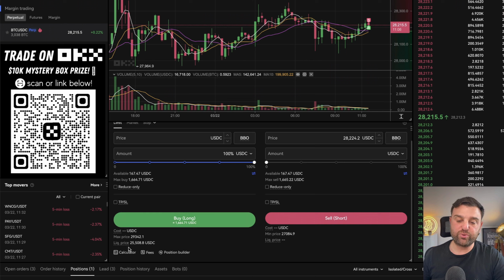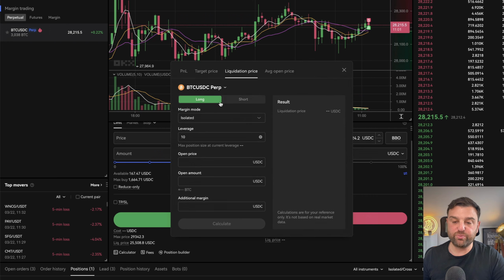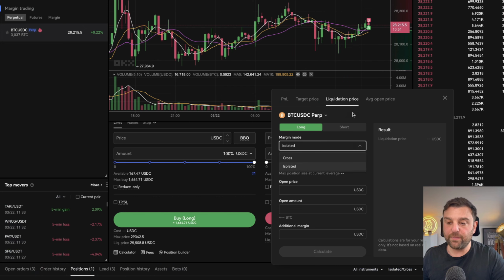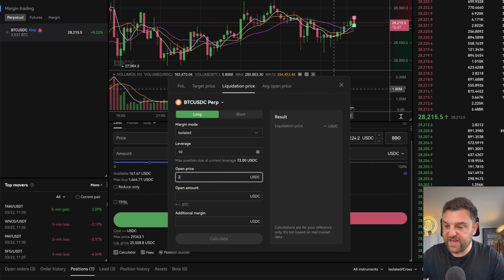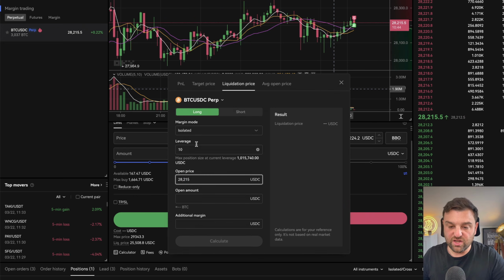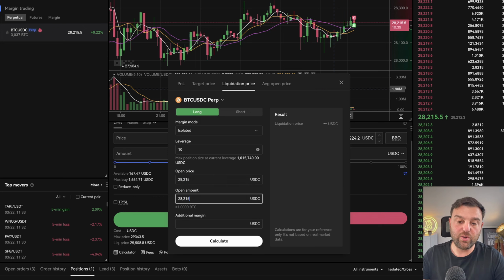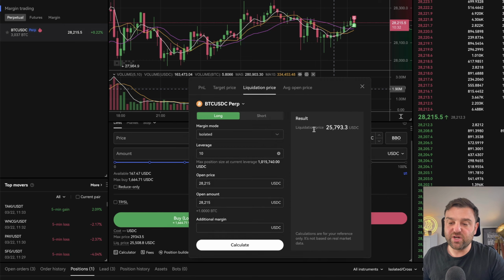Now the liquidation price can be found out by using the calculator here. We can go liquidation price, and we can essentially select the leverage that we're using, select the open price that we're using as well, and we can get that by looking at what the current price is, which is $28,215. We can assume the open amount is the same, unless you're using a limit order, then you want to select that. And the margin, we're not using additional margin. We can press calculate, and we can see our liquidation price is going to be